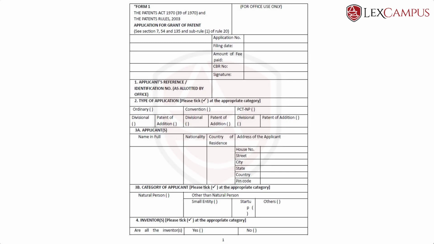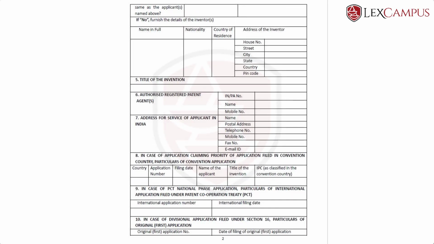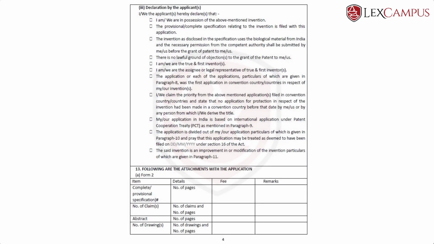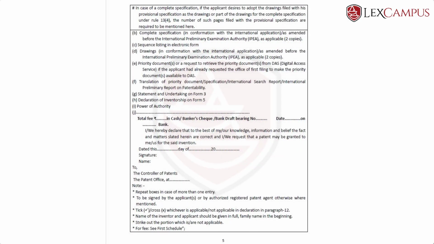Form 1 is the form that is used for filing the patent application itself, where you have details about inventors, about the applicant, about the filing requirements, the capacity in which the applicant is filing, the type of application, the mode in which the application is filed, and the fees that are to be paid, and so on and so forth. The Form 1 will have all the administrative details about the invention.